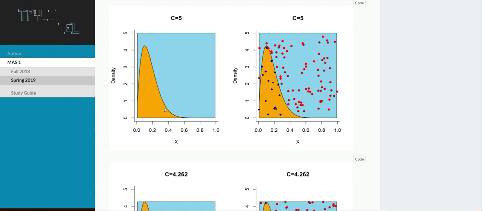I then second have our g of x function, which is a uniform, and that's our y as well as our g of x. I feel like it's kind of complicated the way they have that outlined, but really g of y is just always 1, so it's a uniform from 0 to 1 on the y. And then if we were to just multiply that by an arbitrary 5, so we're going to say c equals 5, we see that we have this blue curve that is always greater than or equal to